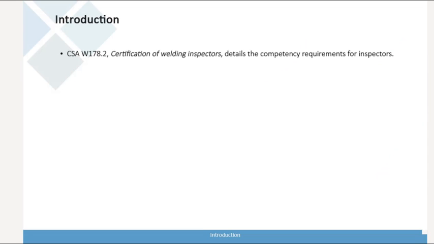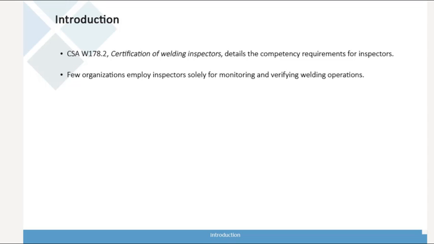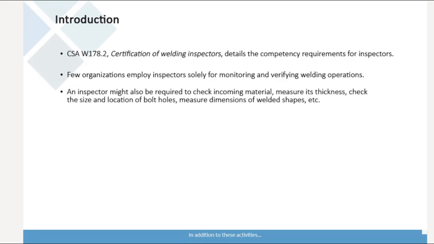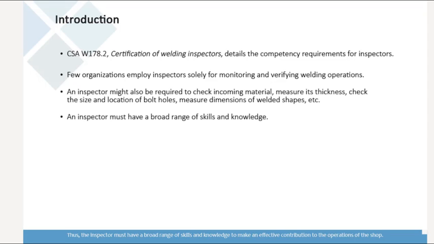CSA W178.2, Certification of Welding Inspectors, details the competency requirements for inspectors of welded components. Today, few organizations employ inspectors solely for monitoring and verifying welding operations. In addition to these activities, an inspector might also be required to check incoming material, measure its thickness, check the size and location of bolt holes, measure dimensions of welded shapes, and so forth. Thus, the inspector must have a broad range of skills and knowledge to make an effective contribution to the operations